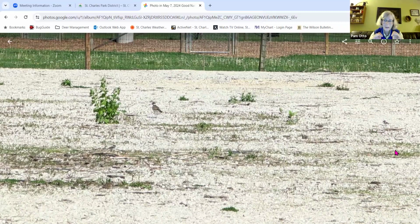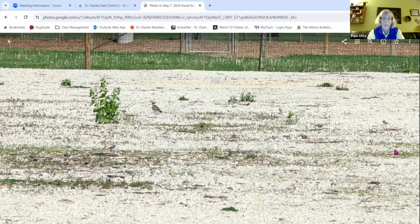This is as crummy as it looks. This is optimal killdeer habitat. They love these gravelly areas. They're out there picking up bugs, and they blend in remarkably well. I would imagine